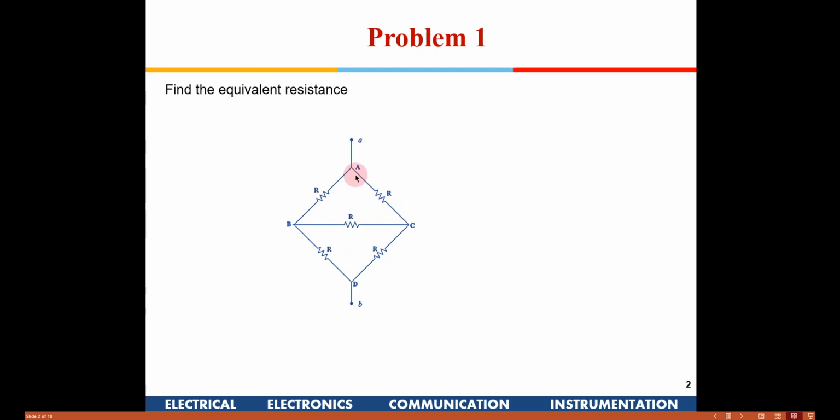An easier approach will be, if you see out here between nodes A, B and C, it's a delta connection. So if I transform this delta connection into a star network, then it will become pretty simple. Then it is merely resistances in series and parallel. What is the approach? We need to find the total resistance between point A and B. There is a delta network between A, B and C. If I convert this delta into star, this entire network gets simplified.